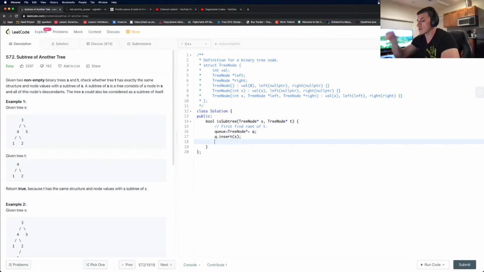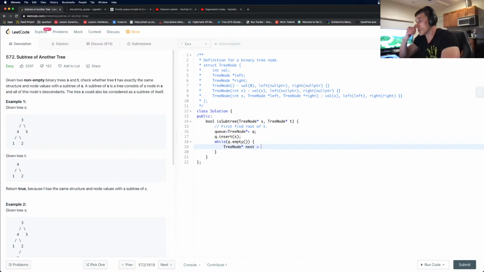All right, let's do this breadth first search. While queue is not empty, we do simple stuff. We just basically say tree node next equals queue top, queue pop, and then we check if next